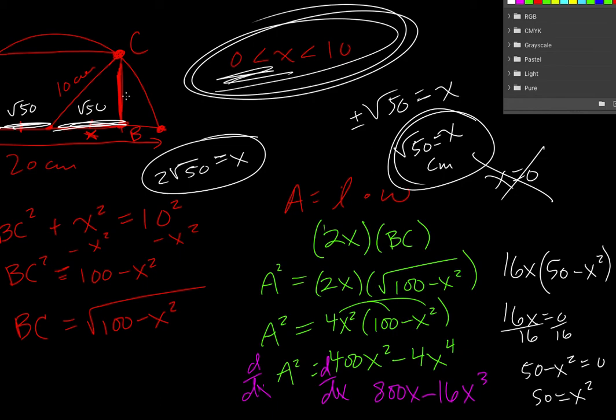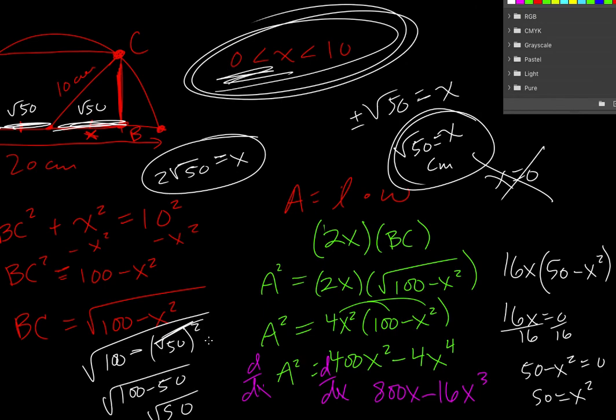And then we also need to know BC, and so we plug in square root of 50 right here. And when we do that, that's really just 50, because those cancel. So 100 minus 50, and that leaves us with square root of 50. So the height right here is also square root of 50,